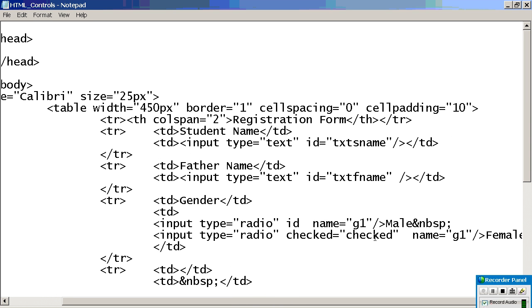What can I do? ID equal to RD, meaning radio button. You can give anything, I am not telling you this one. Radio button 1, radio button 2, like that in sequence. RD1, RD2, like that in sequence.